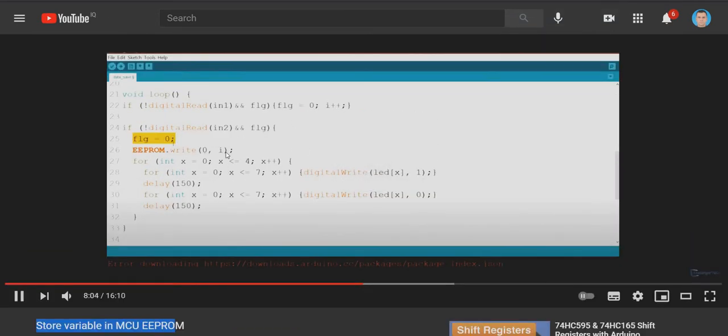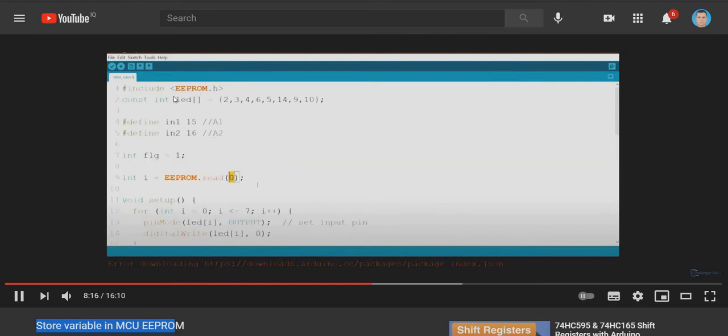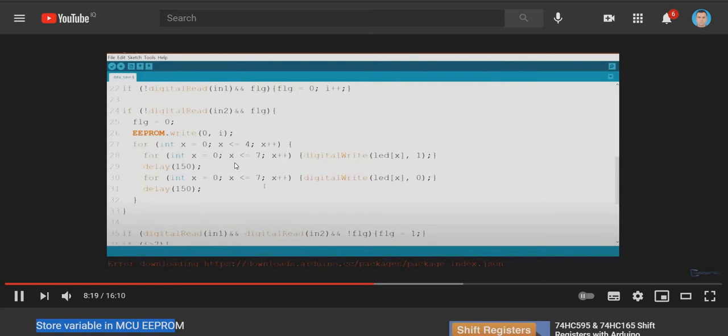If you see the video now, we can see I'm storing some variables inside the EEPROM of the Arduino by using the write command. We are storing some data by using the EEPROM library. However, this method is not really an optimal way to do this,